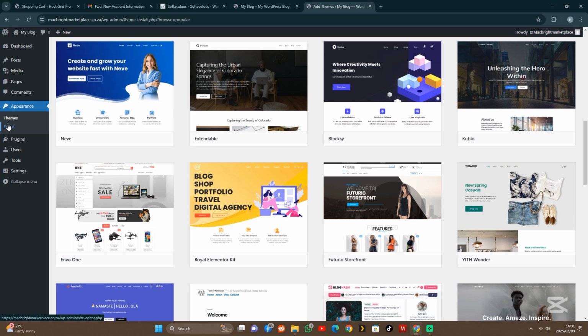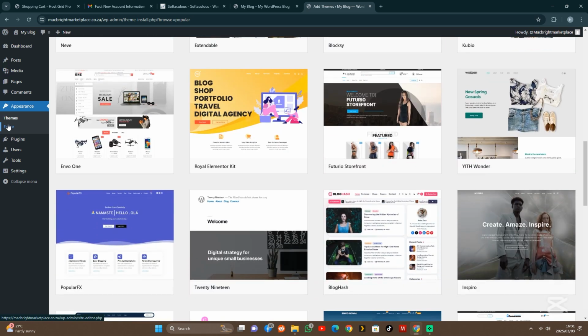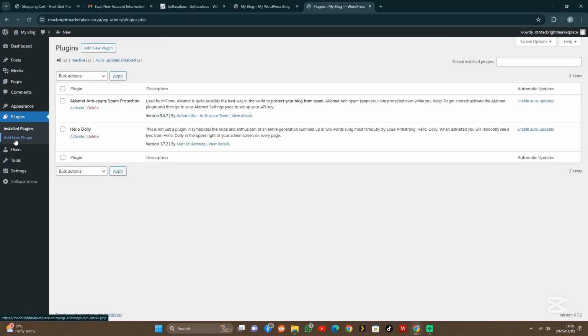And then we head over to the plugin section. This section will take you to all the plugins that are installed on your website currently. If you want to add a new plugin, you just come there and hit add new plugin, and then you'll